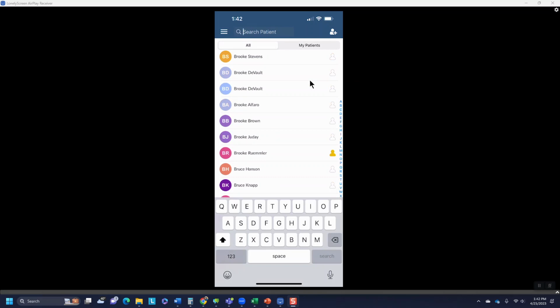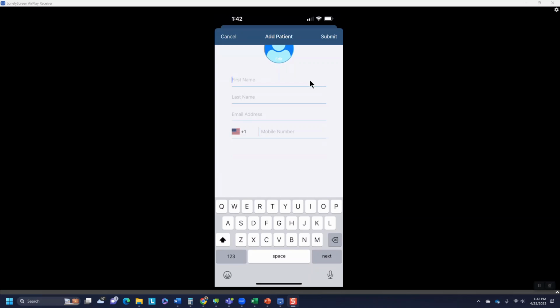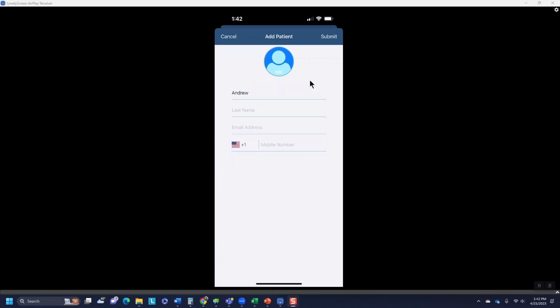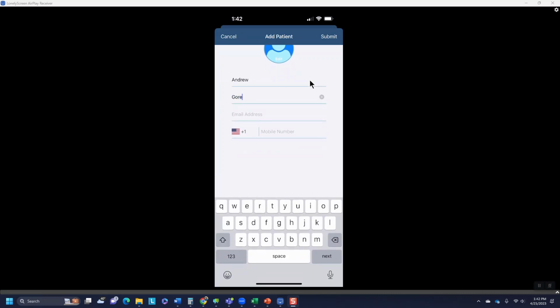So up at the top right corner, we're going to hit add. And so I typically do this with a patient who's in an evaluation the first day. And we're going to use my name as a test patient here. And we're going to enter simple information, which is an email address, a phone number,